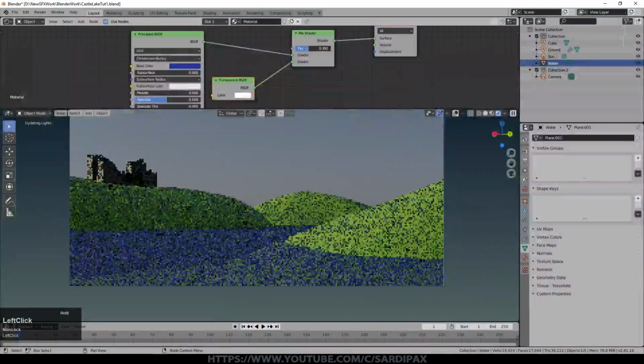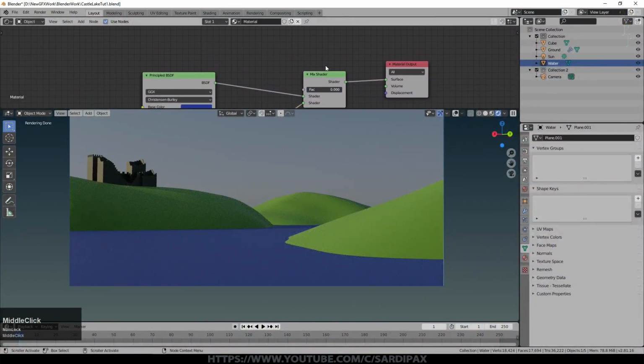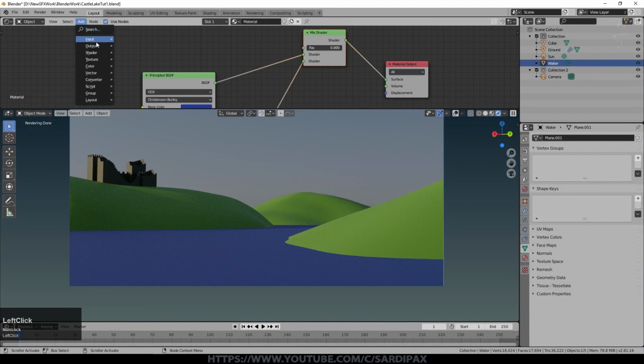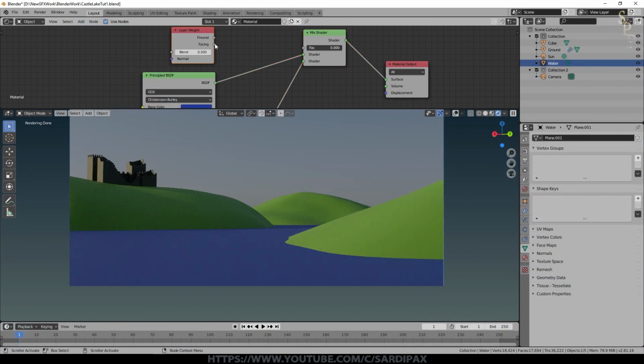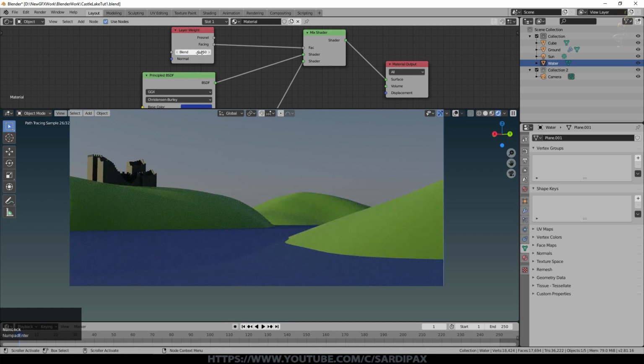So we want something now to control how transparent the water is depending on the angle at which we are looking at it. So let's add an input, which is a layer weight input. I use the facing setting. It's all gone completely transparent at the moment, but I set that then to a very small value, 0.05. So it's mostly not transparent. You can actually see through it slightly here. And as the angle changes, as you go further away, it becomes less and less transparent. Probably even go even lower than that on this one. It will be different depending on your individual scene, but this is a good starting value.